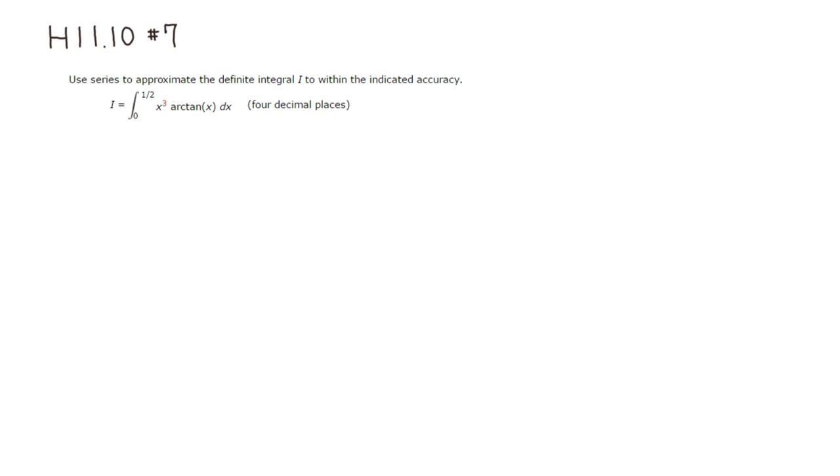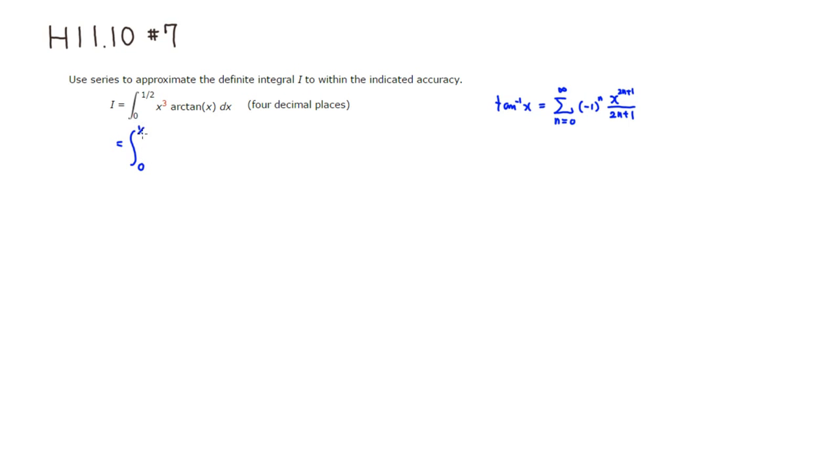Remember that arctangent has a power series. It goes something like this: the summation, n goes from 0 to infinity, -1 to the n, x to the 2n plus 1 over 2n plus 1. So we can write this integrand, an integral from 0